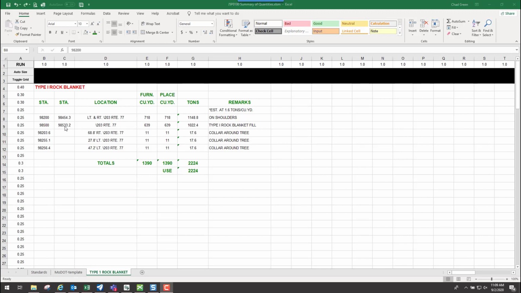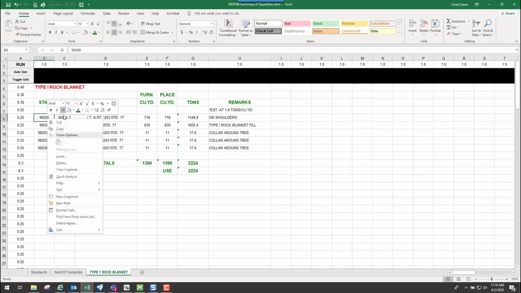Now another thing that you can look at is the station. Right now we have this station put in, and I just put in the number up here at the top. Now I could come in here and put a plus over to the side of it, which is fine if I want to do that. Or, if for some reason I'm using these values right here to maybe set up a formula, I could set this as a whole number like what I have here for each one of these. And then if I format my cells, I can format to still show up as the stationing.